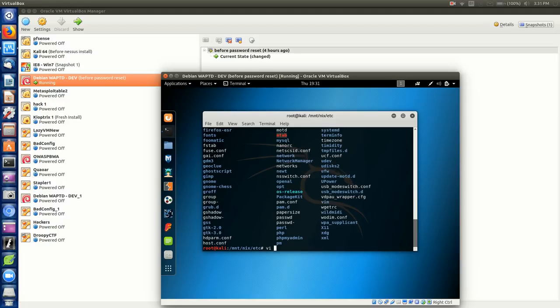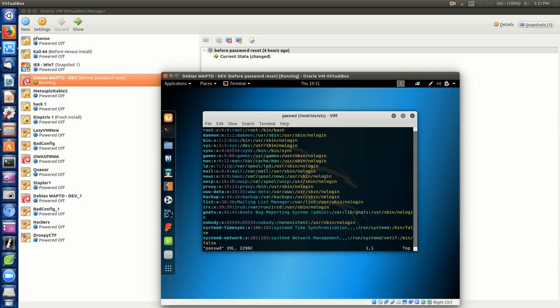So I'll go ahead and vi password and hit enter. Now, inside here is where you can see a lot of good information. You'll notice here the root account is at the top, and where this X is right here specifies that it has a password. Now, this was set up by default, so right here we can literally take away that X